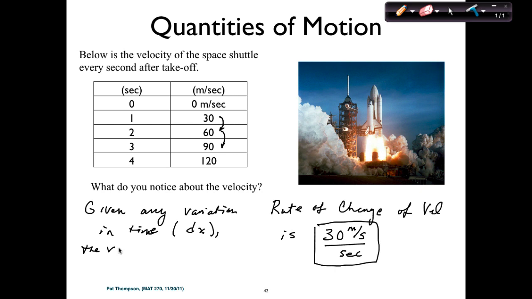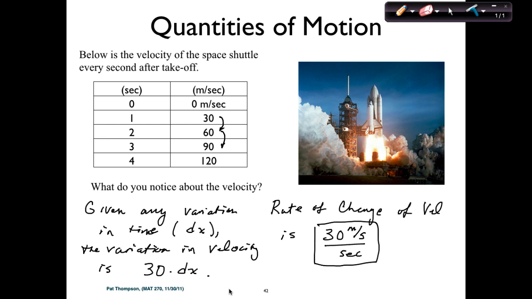The variation in velocity. So the variation in velocity is 30 times dx. Okay. Yes, the speed goes up 30 meters per second every second, but you know a lot